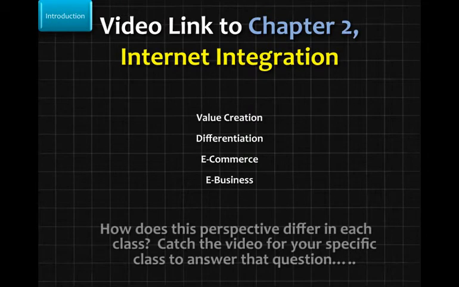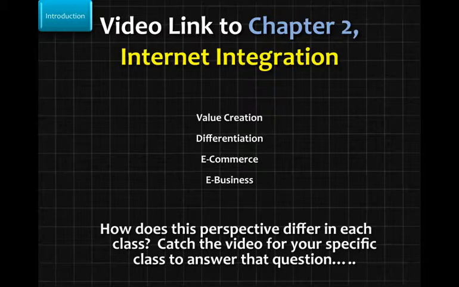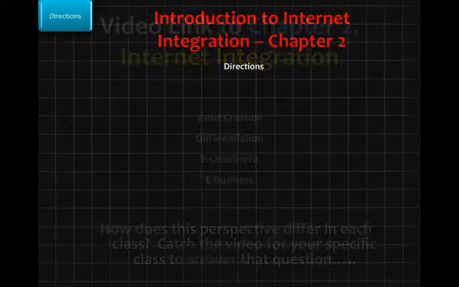So these perspectives will change based upon which class you're in. So if I'm creating value from a business standpoint, it might look slightly different if I'm doing it from a marketing perspective, or if I'm managing my value creation, it might look a little different from how I might build my diversity valuation. So notice those distinctions and understand that at the same time, they operate in their separate silos. They have to somehow merge and come together overall in the planning process.